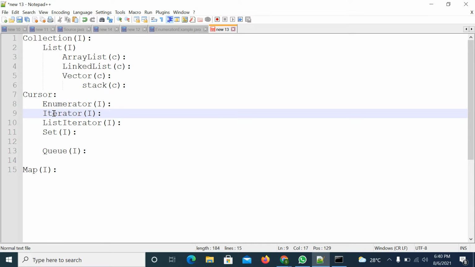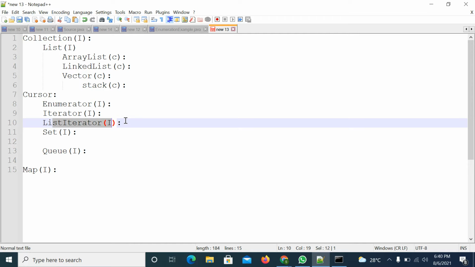To overcome the drawbacks that are there as part of the iterator, they introduced one more cursor, that is the list iterator. As part of the list iterator, you can read the data in forward direction and backward direction. And whenever you are reading the data, you can remove the data, you can replace the data, and you can add the data, right? So many features are there as part of the list iterator. But what is the drawback of list iterator? List iterator will work only for list implemented classes, not for other classes, right? So these are the drawbacks we discussed.